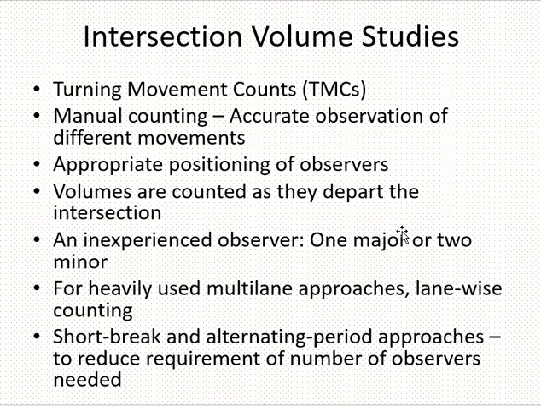They are done manually to have accuracy, because if you're doing it through sensors, then sensors can tell you how many vehicles passed in front of them or over them, but they cannot tell you which way they are going, especially where the lanes are shared. You have one lane from which you can go in different directions. So that's why we prefer to do manual counts.